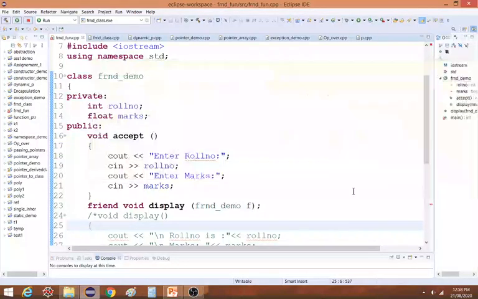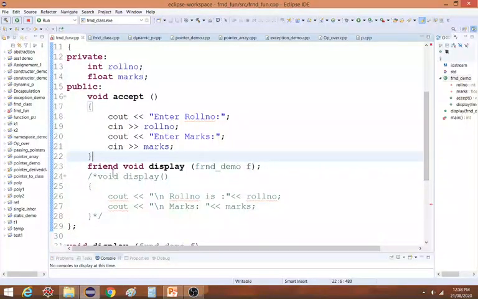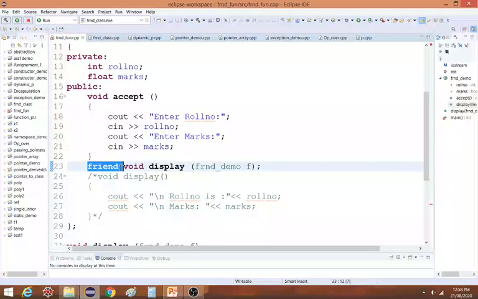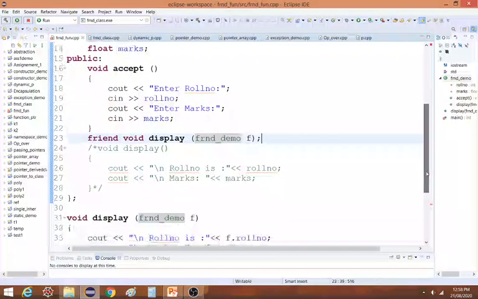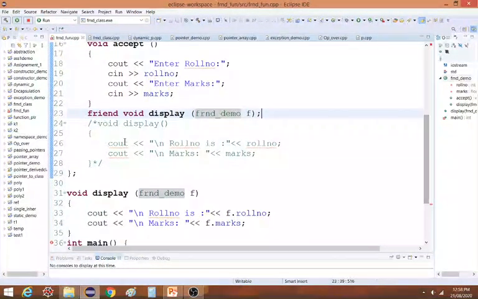After this, you can see here line number 23. I have declared this display function as a friend of this class. So this void display function is a global function which is declared outside the class, and this keyword friend tells the compiler that the display function is a friend of this class. Here you have to mention what parameter is passed, the return type, and a semicolon at the end. This is necessary. Lines 24 to 28 are comments, so ignore them right now. I'll explain why I have added them. Line number 29 is the end of the class.